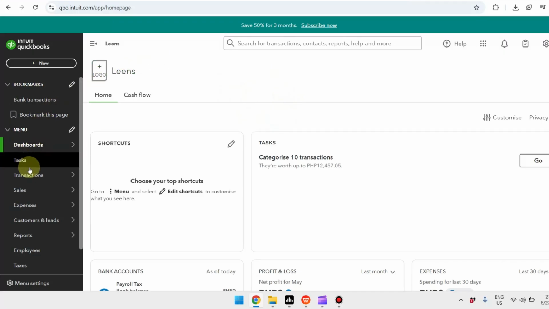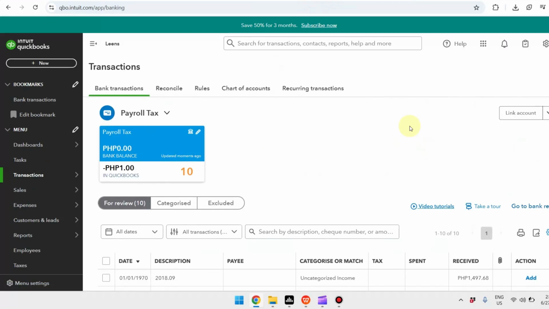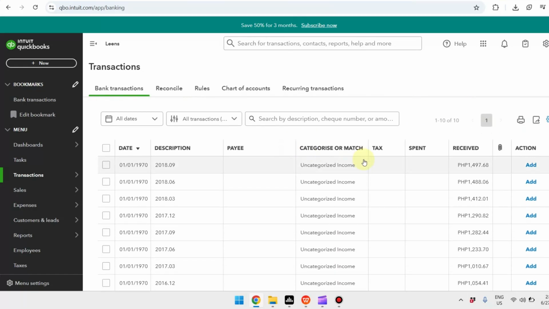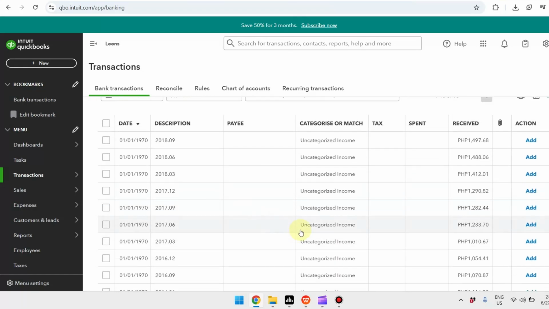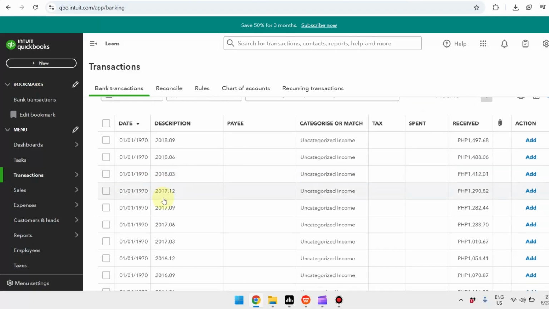Next, in the left panel, just put your mouse on transactions, then click on bank transactions. So from here, you should be able to see a list of all your bank transactions. And while there's really no delete button or option in QuickBooks, you can easily remove transactions that you want to